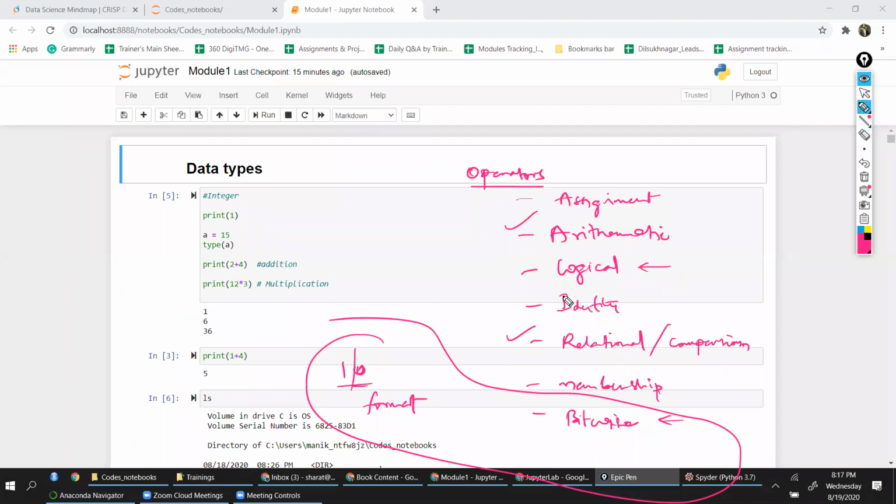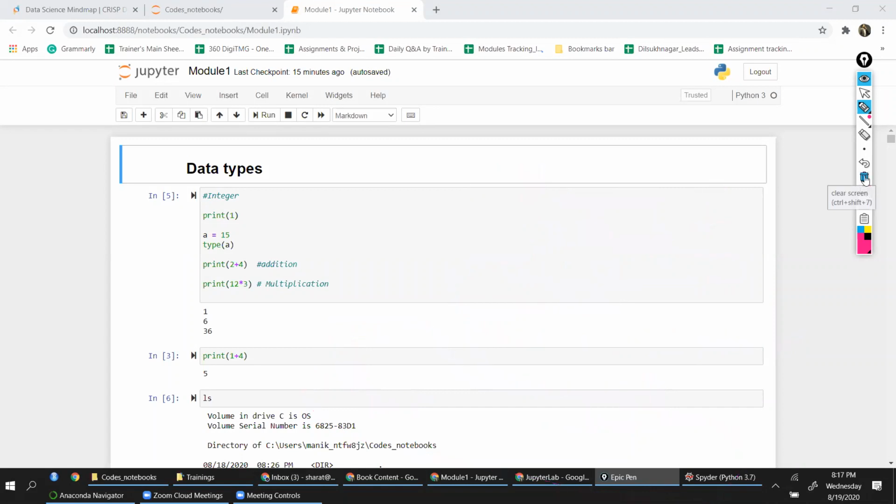The most important operators that you will be using on a daily basis are assignment, arithmetic, and then relational operators. You might also use logical operators. Identity operators and logical operators are similar; you can put all three, membership, identity, and logical operators, into one bracket. So these are the operators that we have looked at. These are capabilities of Python programming, and that's what we are trying to learn.